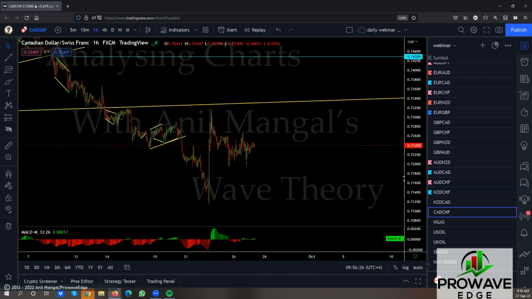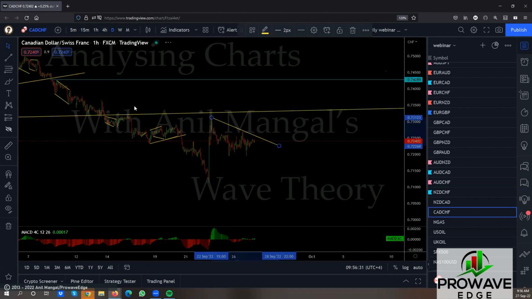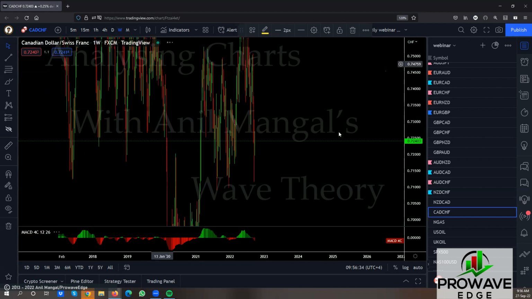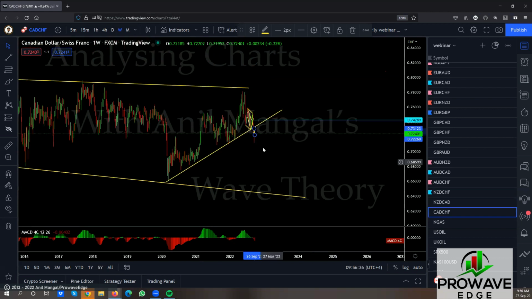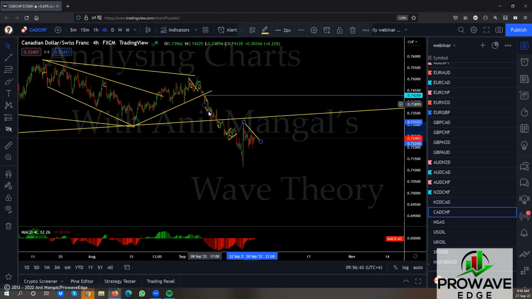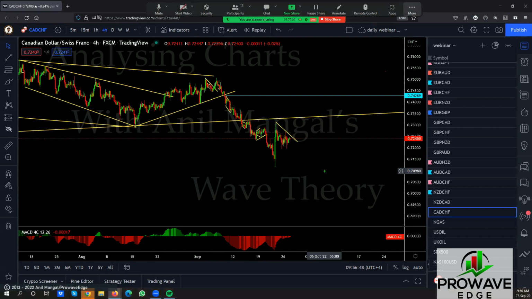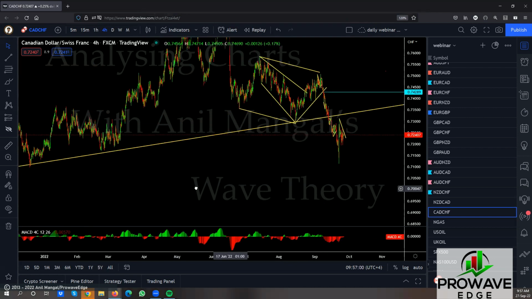CAD Swiss. I think you're getting a buy setup here now. Literally, let's go to the bigger time frame. Let's go to the daily. Oh, this could actually become a bigger flat for downside. So put it here. Right, we sold that one from the break of this here. This would be a few sells there. Now it's making a big flat. Consider it a big flat. Let's see how low this comes, and then go back up there for a sell. So this might not be one that goes up. This might be a sell setup because we're under the biggest structure and very likely downside.